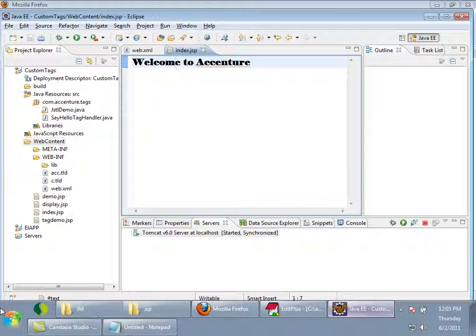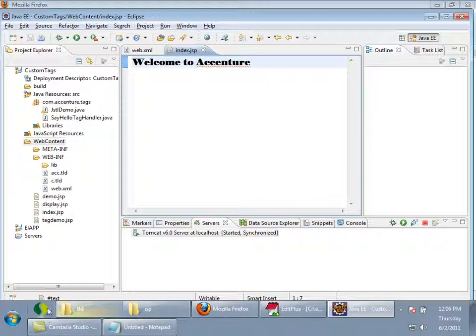Response.sendRedirect or request.sendRedirect. Yeah, this was the question in your exam. There are options A, B, C, D: request.sendRedirect, response.sendRedirect, context.sendRedirect. Remember, if it is in Java, it is response.sendRedirect, right?